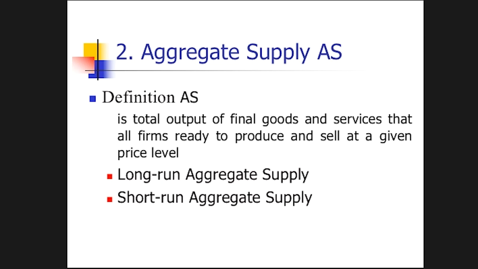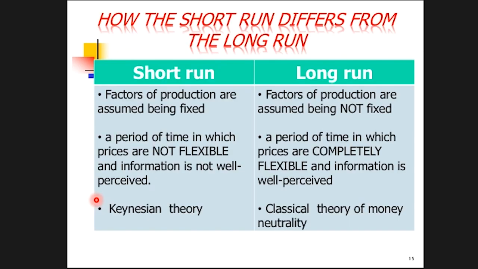Aggregate supply is the total output that all firms are ready to produce and sell at a given price level. We have two terms for the AS: the long-term AS and the short-term, or short-run, AS. In the short run,